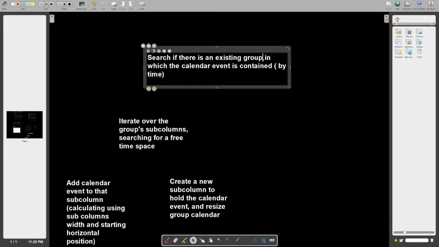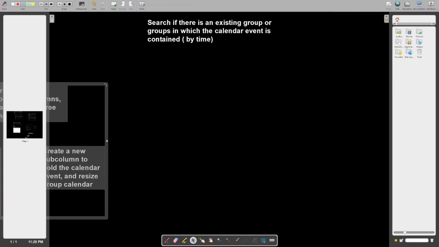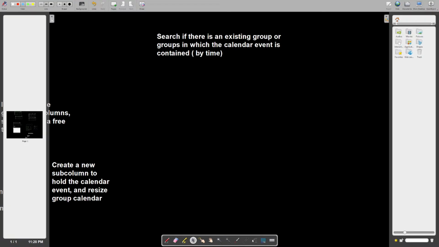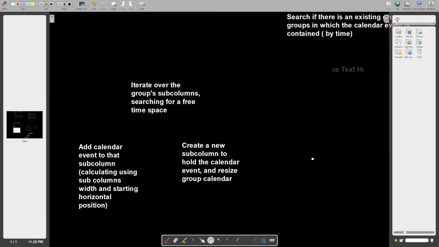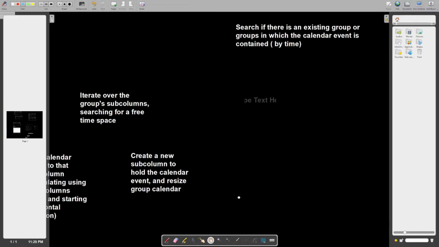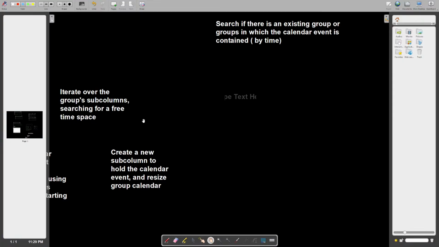Listing group or groups in which the calendar event is contained. If it is, there are gonna be 3 cases. So this is gonna be the first one. Iterate over the subcolumns. Okay. Now, if it is not contained, just very simple. But if there are multiple groups, search if there is an existing group or groups in which a calendar event is contained. Over the group subcolumns. Okay. Now the problem is